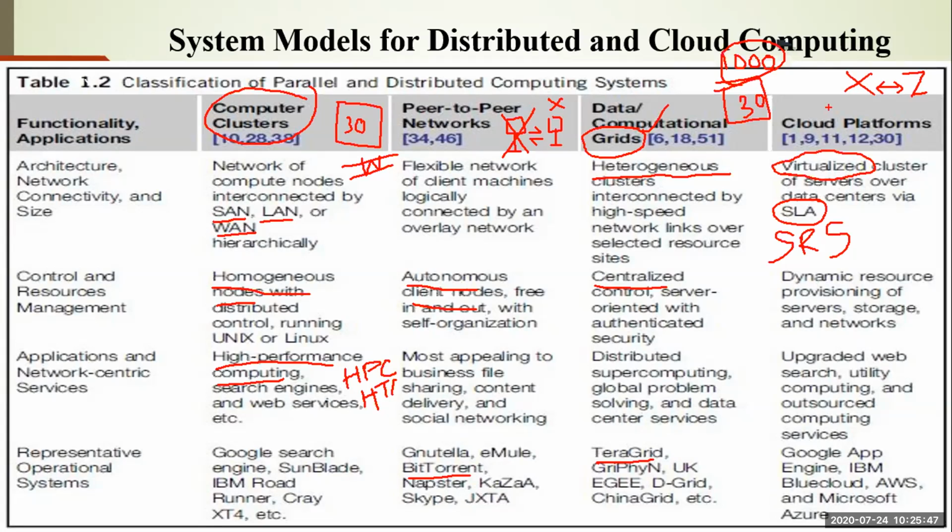If you see here, in the cloud case, the resources can be dynamically provisioned. At any point of time, you can provision the resources. You cannot say that it is night 2 and I cannot serve the request. You cannot say like that, right? The resources will be available 24 into 7, and the resources will be provisioned to the user as per their need. If you see the examples of cloud computing that we have already discussed, Google App Engine, IBM, Amazon Web Services, Microsoft Azure, these are the popular cloud service providers. Cloud service providers are providing platforms to the users.